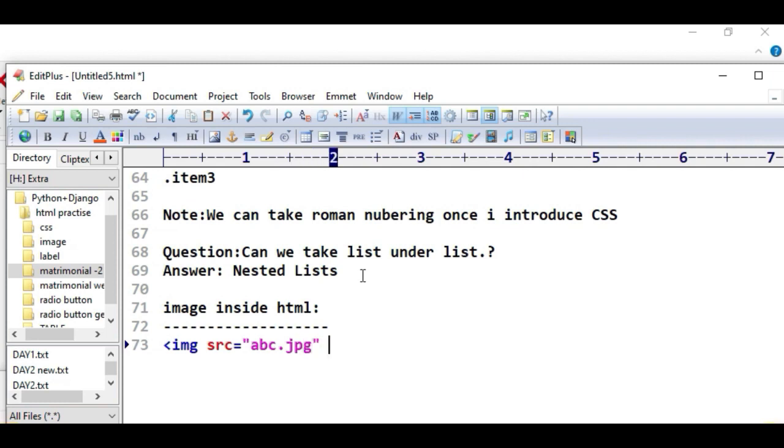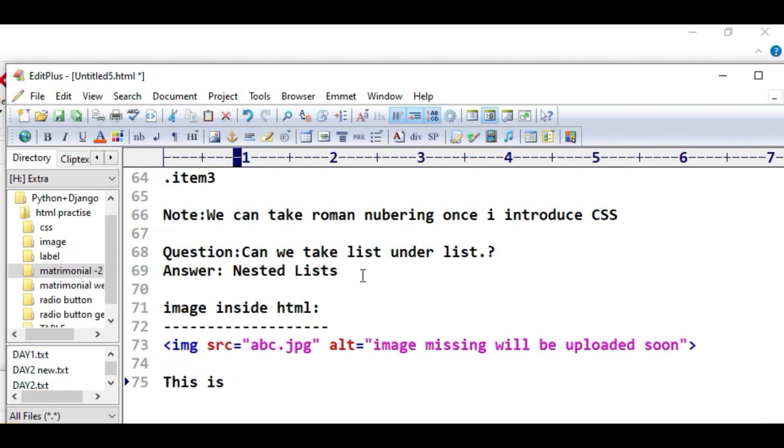Then alt, alternate: if this file is missing, then the text "image missing will be uploaded soon" is shown. Okay, so you can write in this way and close the tag. This is the self closing tag.